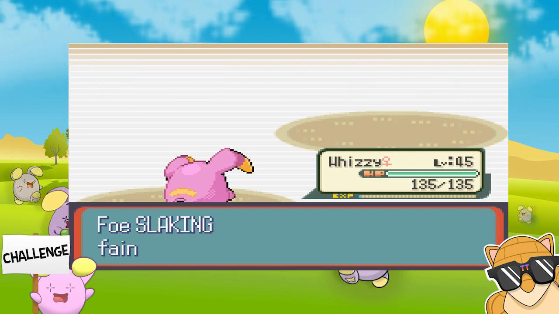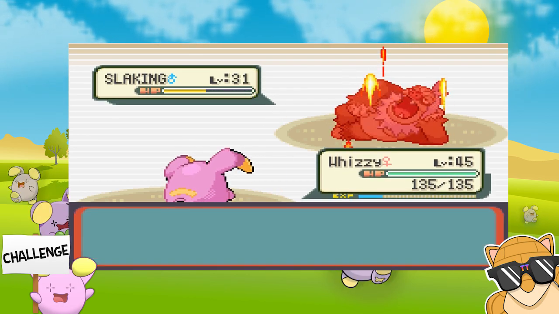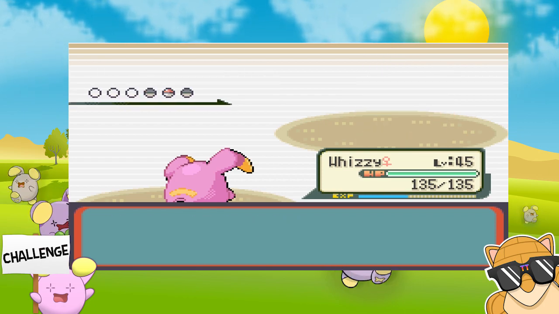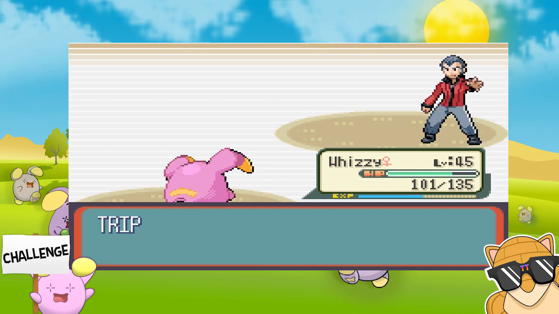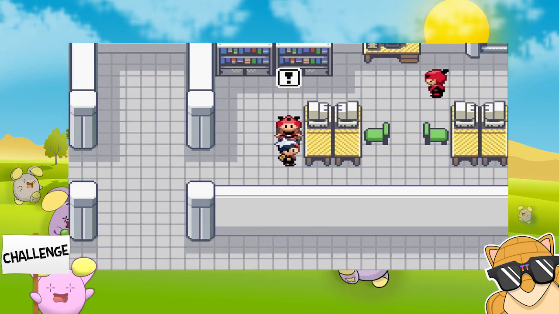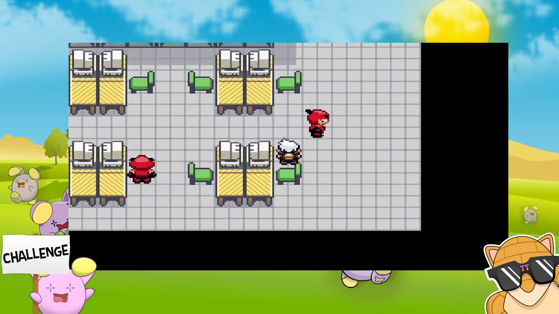We were holding the King's Rock, which we actually picked up from one of our Zigzagoons, and we take down the Slaking, not without too much difficulty. He uses a Focus Punch, we're able to interrupt him, and then from there we just one-shot the Vigoroth with a crit. I'd probably say that crit mattered, but hey, you know what? A win's a win. Up next, we head up north to the Weather Institute, where we need to take on